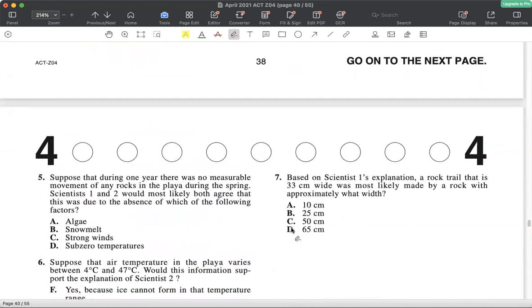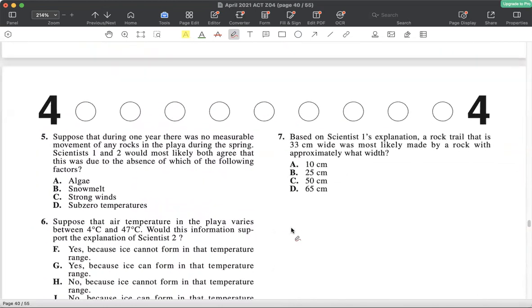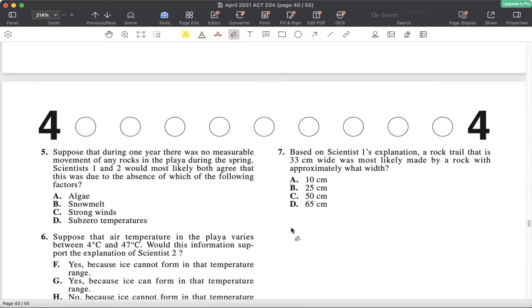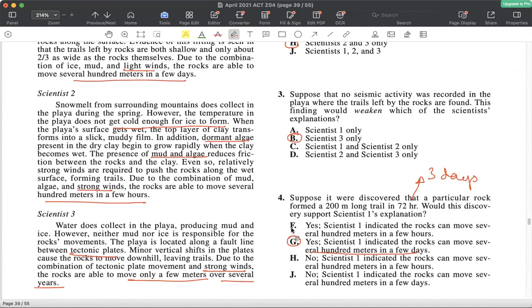All right. Suppose that during 1 year, there was no measurable movement of any rocks in the playa during the spring. Scientists 1 and 2 would most likely both agree that this was due to the absence of which of the following factors. So you know that,